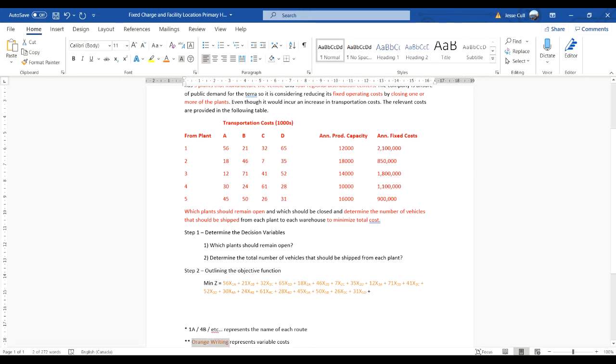So now we're getting a little closer, but we have to also enter our total costs. So how do we represent that? In this situation, we have